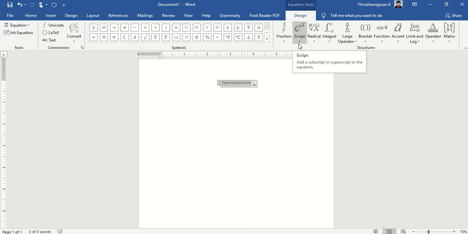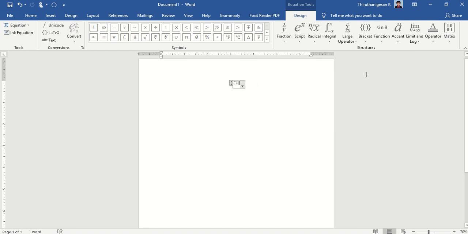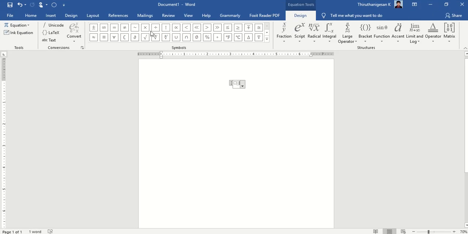For the first equation I need the script, both superscript and subscript together. Thereafter the multiplication symbol, and again superscript and subscript together.